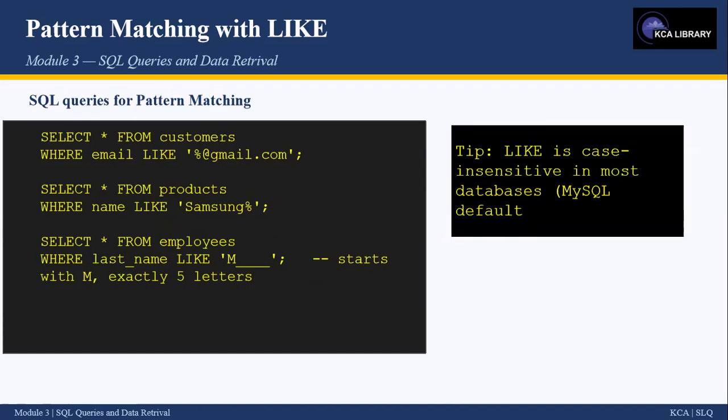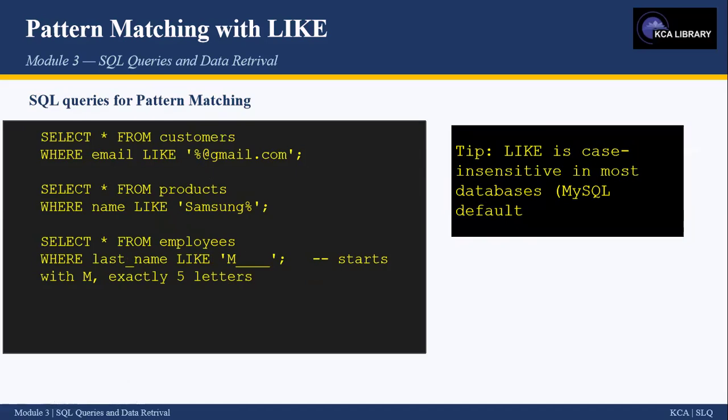Pattern matching with LIKE. When you need to search for patterns, use the LIKE operator with wildcards. The percentage sign matches any sequence of characters, and underscore matches exactly one character. Example,